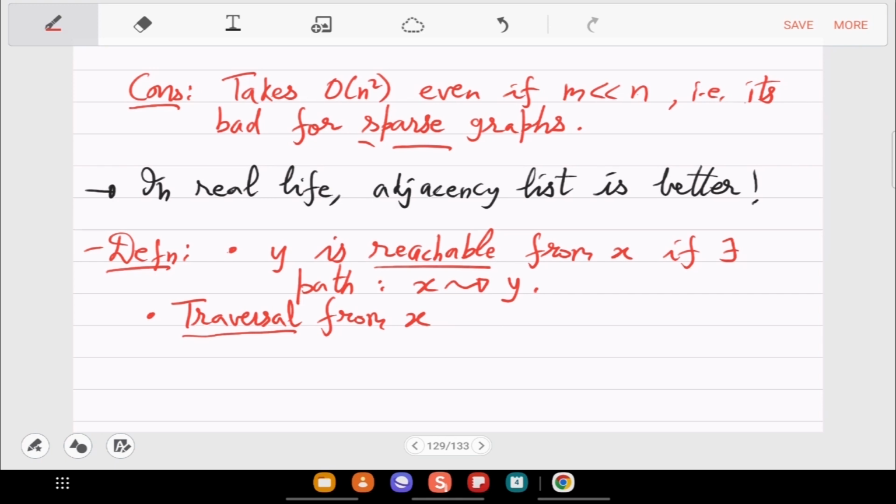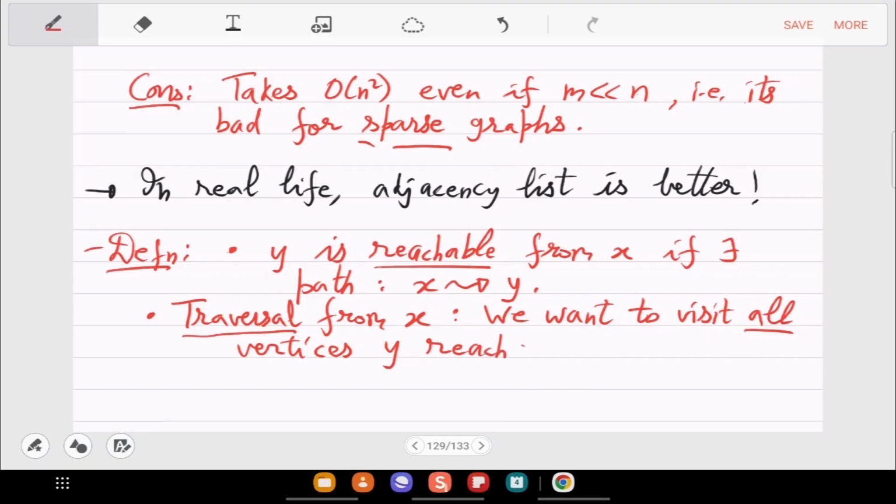So this problem is we want to visit all the vertices that are reachable from X. Okay, so this all is important. One we could find just by looking at a neighbor of X. That is just one step. Now we want to actually do all the steps and find all the Y's. So that is the traversal problem.